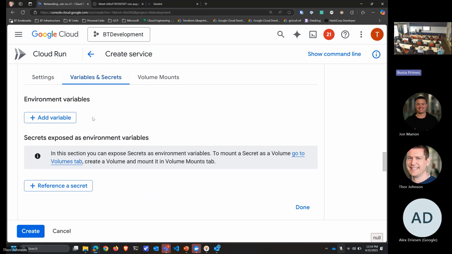One other thing: secrets. You can mount secrets too. Not only can you mount secrets as part of a file system so that you can read them from a folder, as if it acts like a file, or you can pull them in obfuscated into your environment variables, just by a single line in your manifest or the GUI.